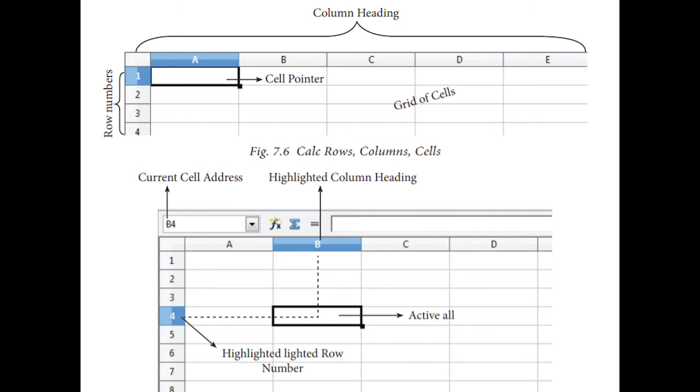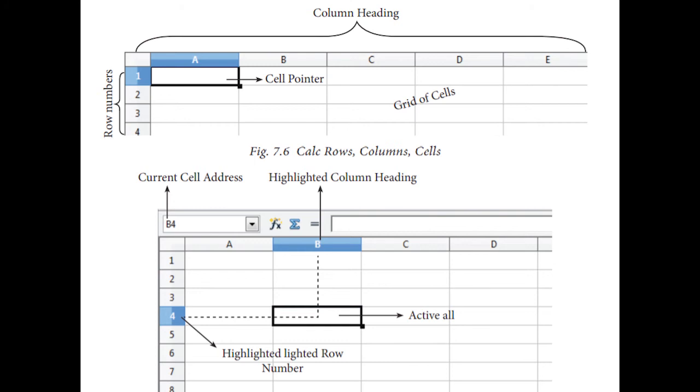In this OpenOffice Calc version 4.1.5, it contains 1024 columns and 1,048,576 rows. Okay, columns will start from A and end with AMJ. Right, in the case of Microsoft Excel 2016, it will have 16,384 columns.